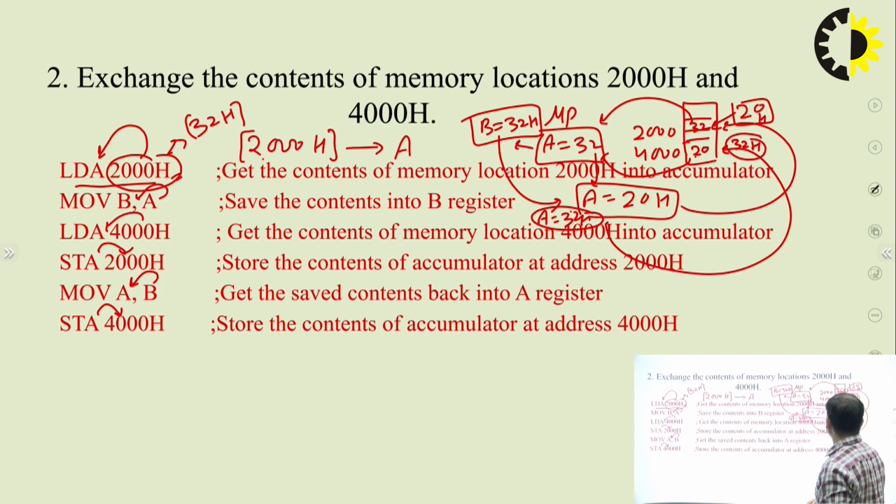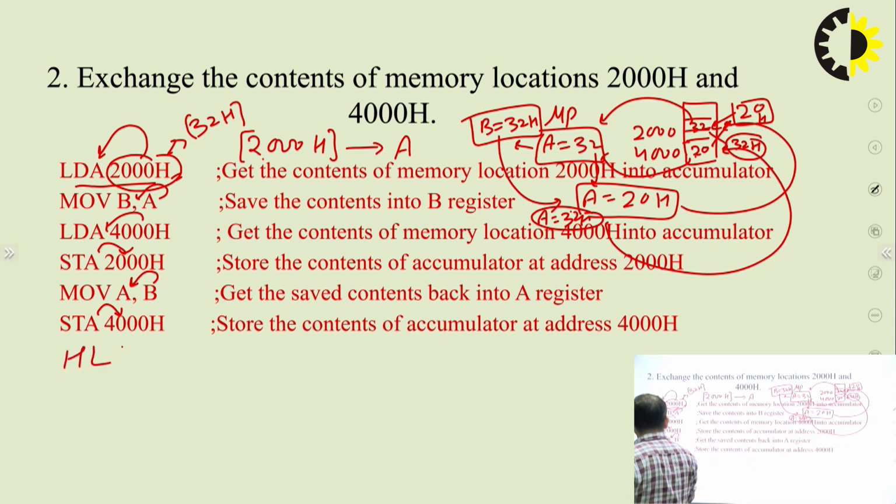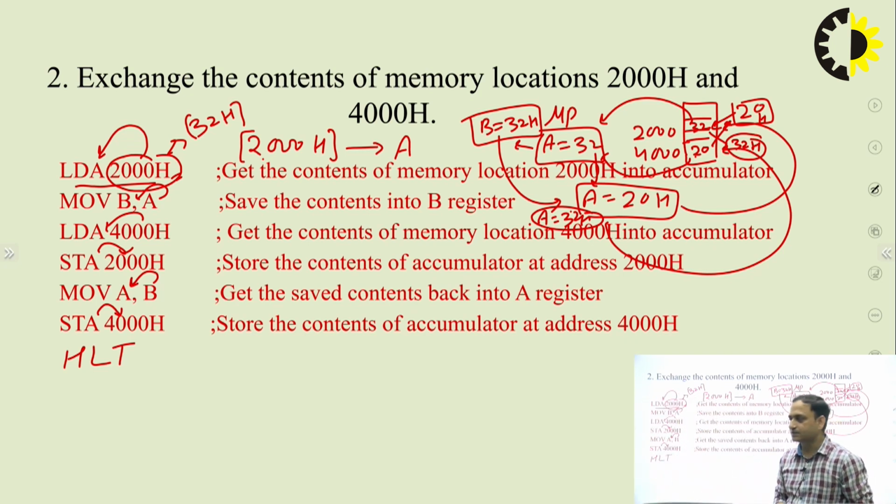So the numbers in memory locations 2000 and 4000 are swapped. 20 is moving here and 32 is moving here. This is the way to exchange the numbers from particular memory locations. Then it is a halt. So this is a very simple program to exchange the contents of the memory locations, given as 2000